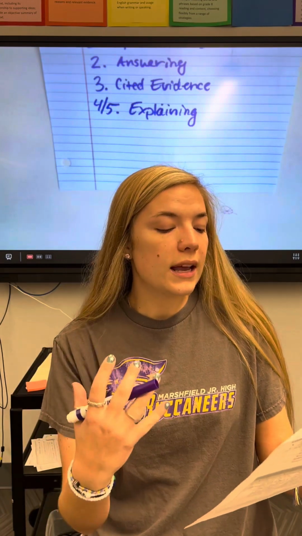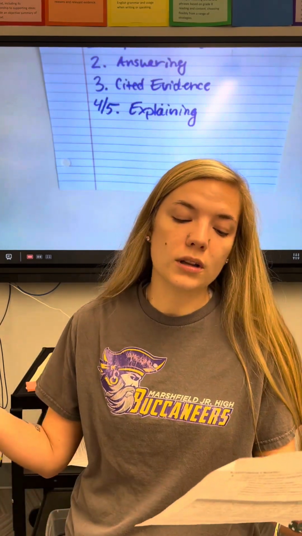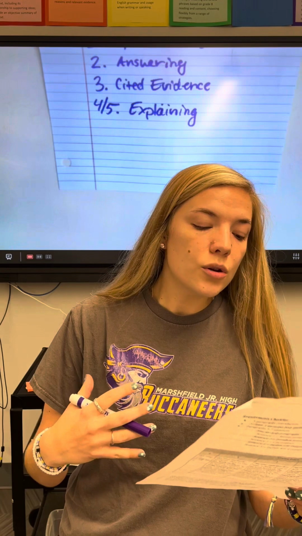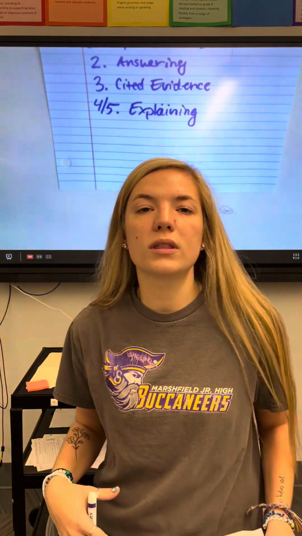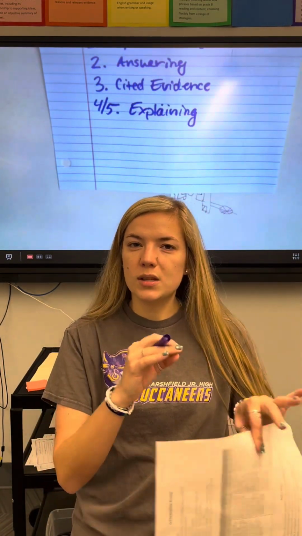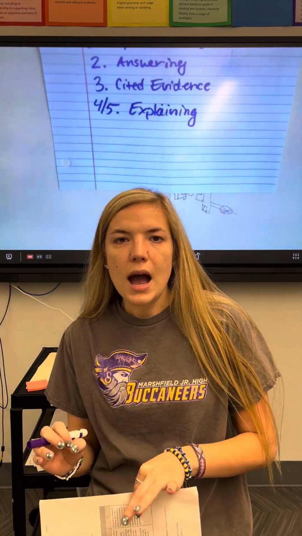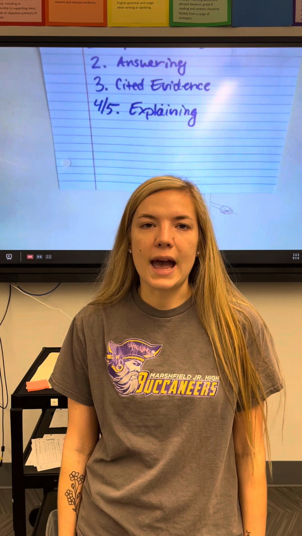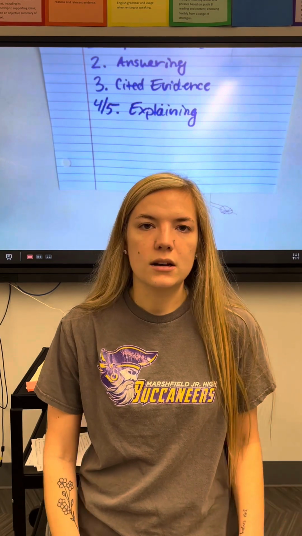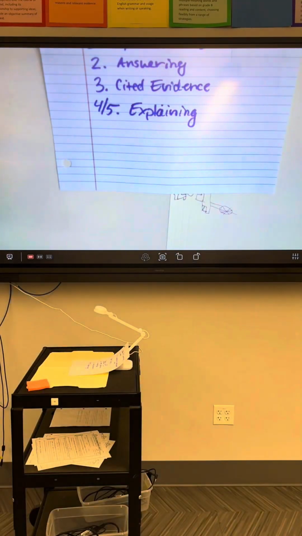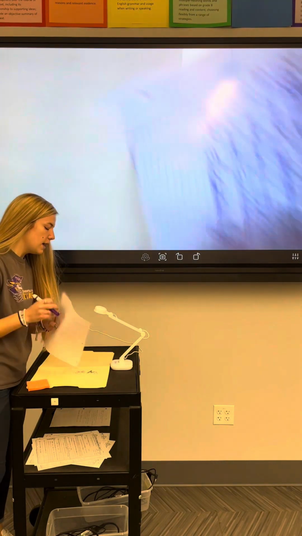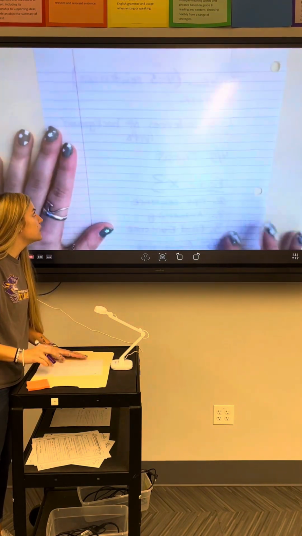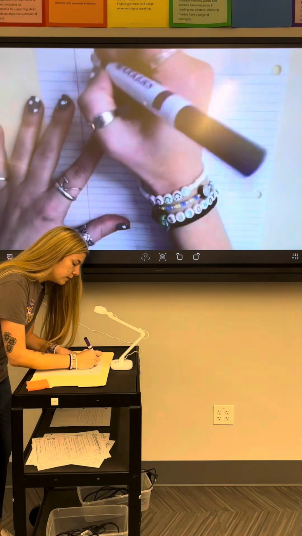Humans are using the land for farming, but the land isn't fertile enough. The farm is in business for a few years, and then farmers move on, destroying the land. Does everyone see how I kind of explained it in my own words there? I wasn't saying, this means that elephants are losing their habitat. We already said that. We don't need to say it again. We're explaining.